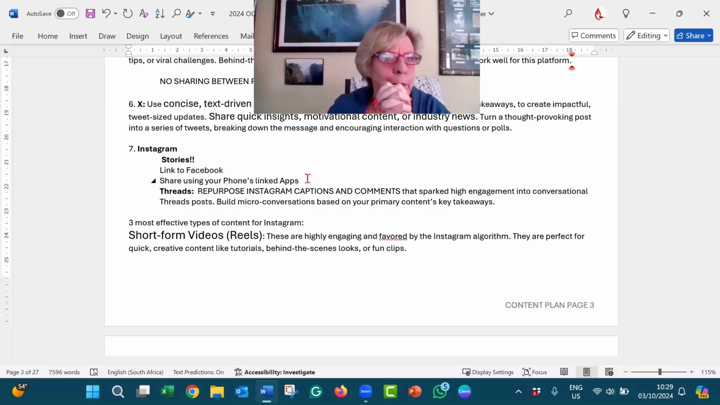For example, WhatsApp. You can share it to WhatsApp and share it as a status, or share it to any of the other platforms you might have. Whilst I've said don't share to other platforms, it's better than nothing at all. Think about using what's already built into your phone as a sharing option to quickly share content from Instagram to